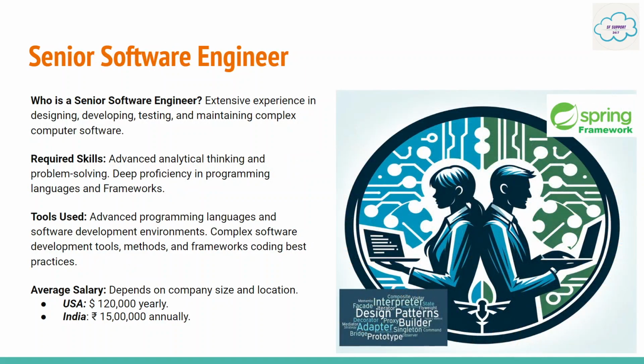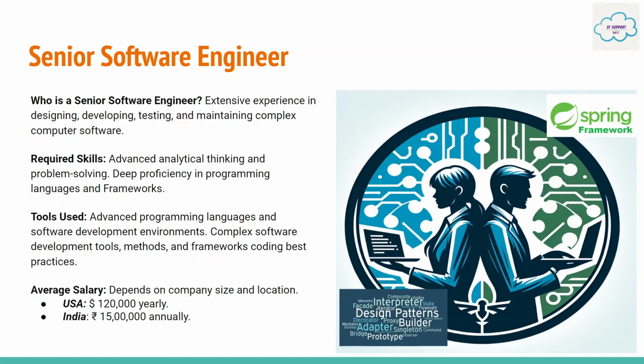Once a person spends a couple of years as a software engineer, they get promoted to senior software engineer. This person will have a deep understanding of at least one programming language. And what are the required skills? They have a deep proficiency in the programming language, and there are some good frameworks that they use to connect to the database, to maintain some design patterns. So they will have the experience and exposure to that, and they should be able to work collaboratively with the software engineers, business analysts, QA, and other folks.